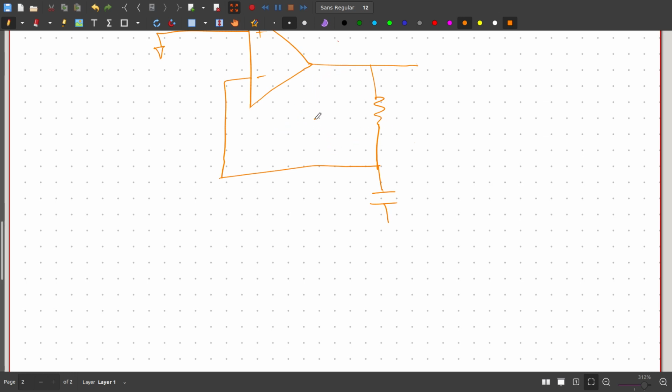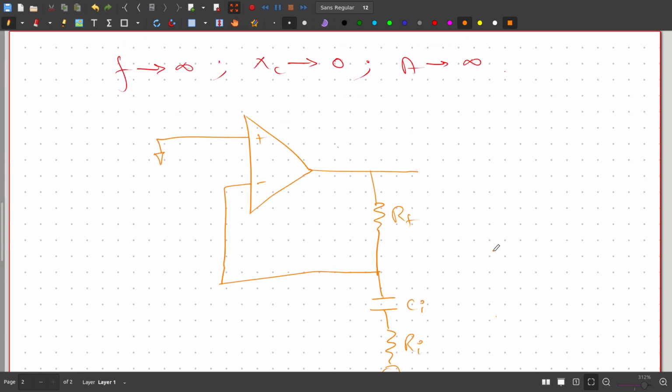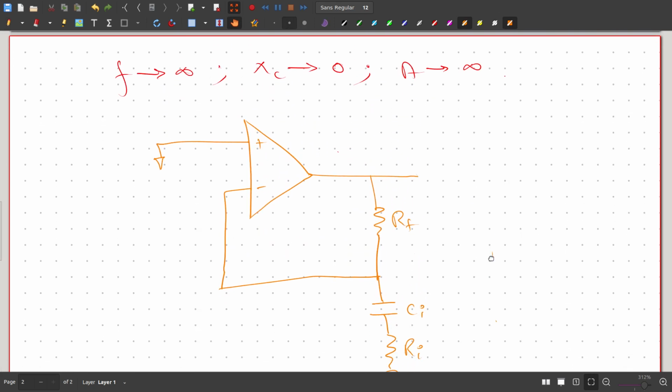We don't like that gain. We want to make the gain a large value but not an infinite value. So in order to reduce that, we add a series resistor with the capacitor. In that way, even if our input frequency is very high,